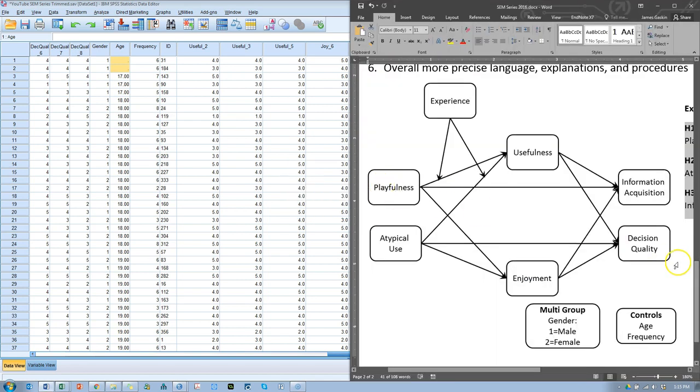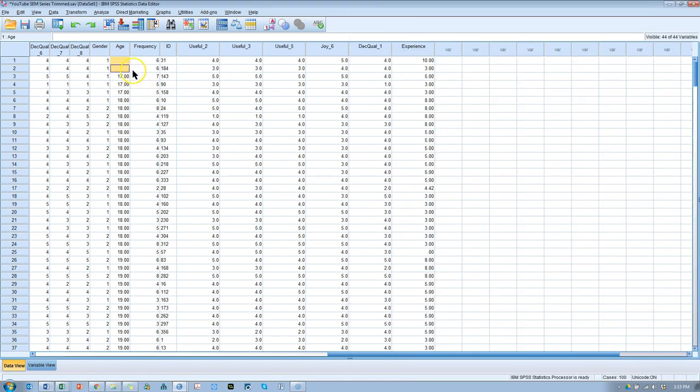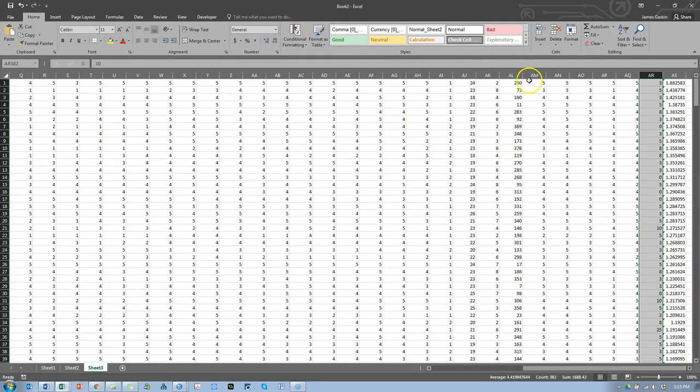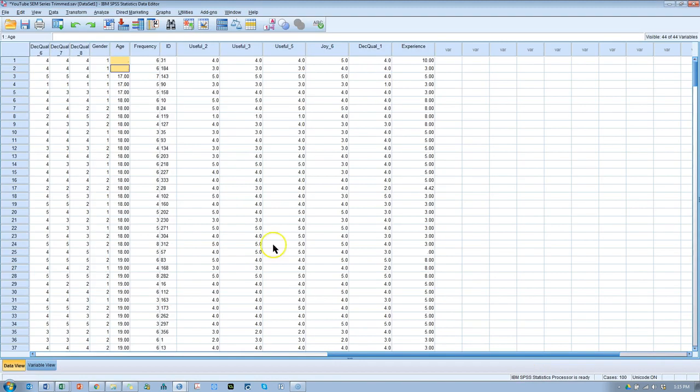Let's go back to here. We are controlling for age. So we have two here that haven't even been imputed yet, because they didn't respond. Let's go ahead and stick the mean in there as well. Back to Excel. Let's find out what that average was. Here's the age column. The average was 21.65. I'll go ahead and stick that in here, 21.65, 21.65. Okay, we've imputed those two values with the mean. And that is